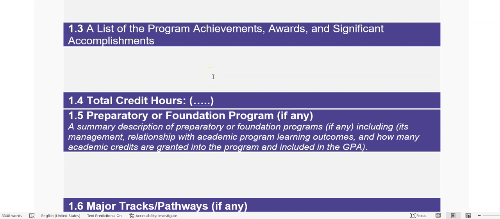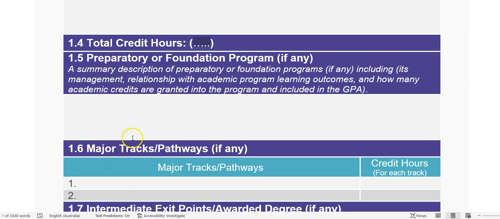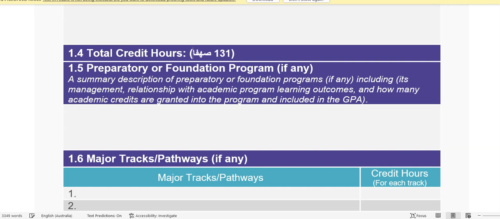A list of the program achievements and awards: you can write your achievements here. For example, you are accredited internationally, or maybe you won first place in some competitions. You can write everything here. This is the total credit hours. Mostly they write it with a preparatory or foundation year or without. You have to explain. I can write 131